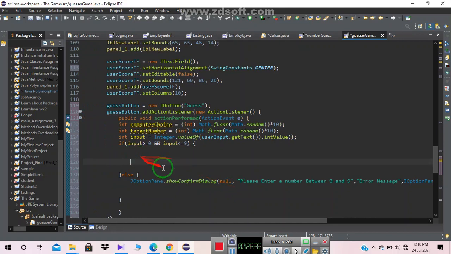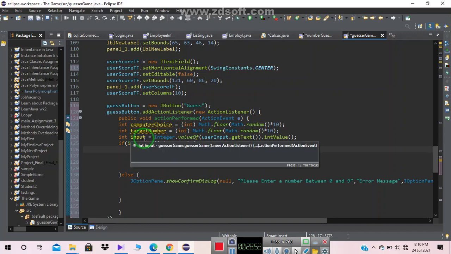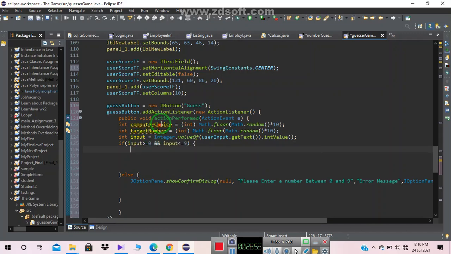Okay, so let's continue. We need to add another thing here, right? Now you also have to make sure that since you want to compare the input and also compare the computer's choice with the target, okay, so now if we also have